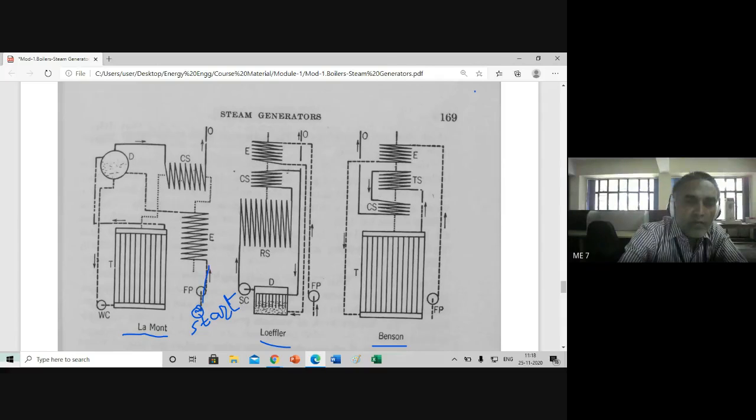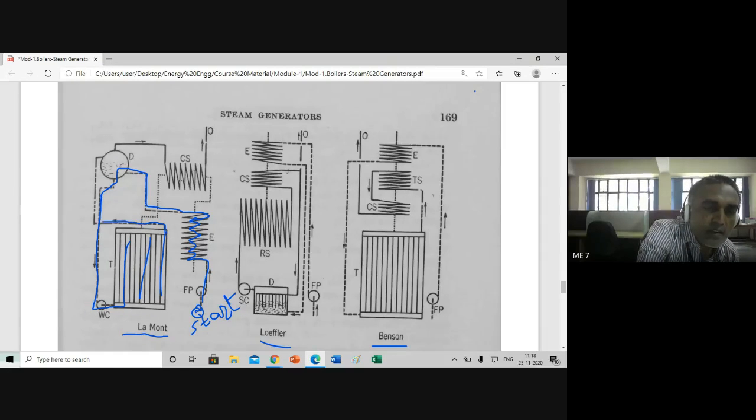From there, it flows to the evaporator, economizer section. From there, it is sent to the boiler drum. From the boiler drum, the water comes to the water circulating system. From there, it flows through the tubes, the water tubes, and from this